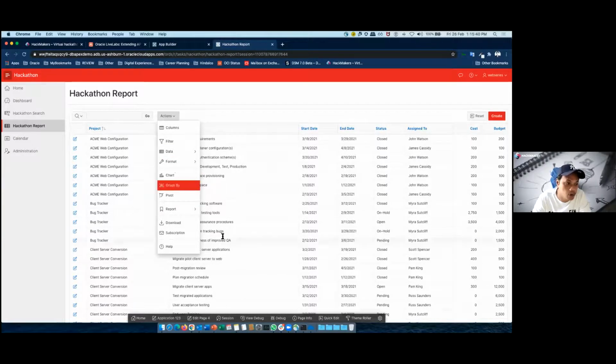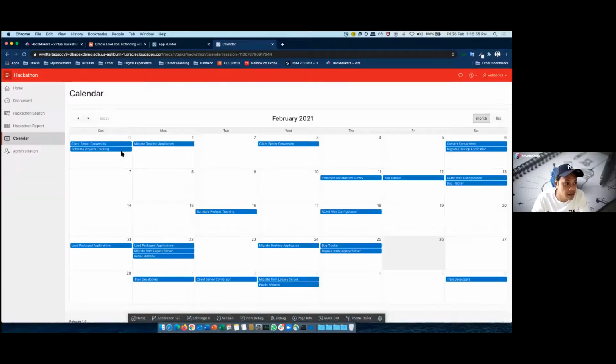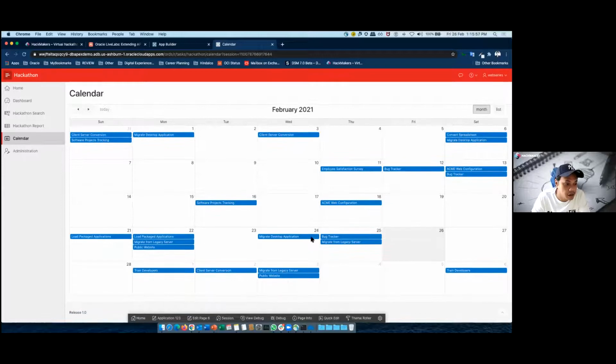You can plot charts, or you can make different screens here. All these capabilities are already available on these built-in components, so you can really build a nice view for your end users. And a calendar, in which we already preload all the data that it could find